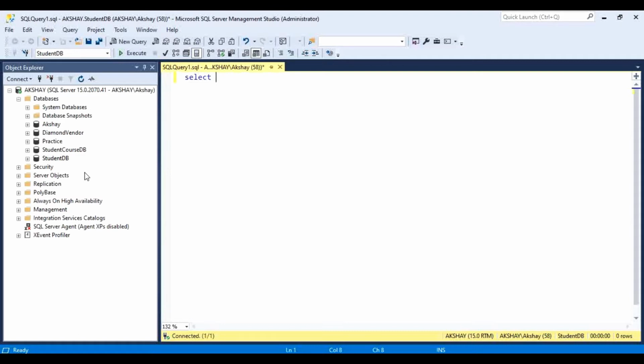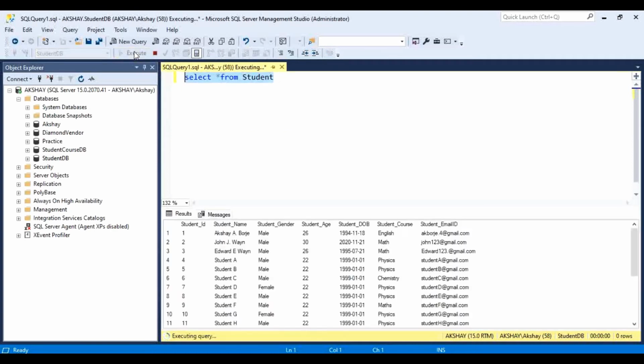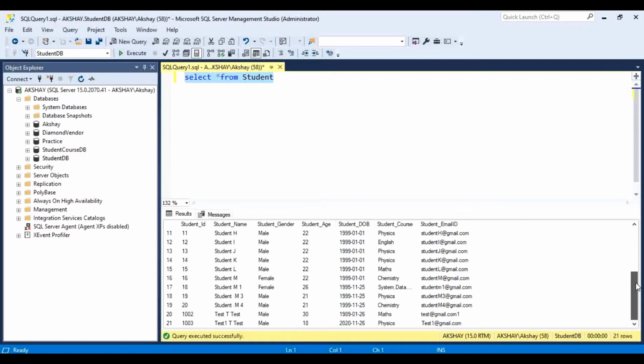So select star from student, that is this, and let me just execute that query, and you will notice there is no student with that ID here anymore, that is 1004. Up to 1003 only there are students here. So we have deleted that successfully, and similarly we have edited as well.